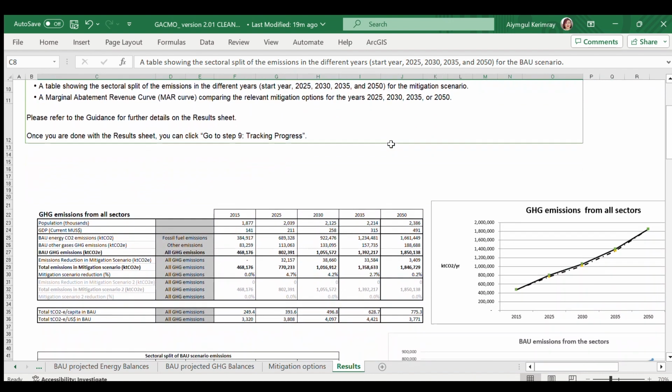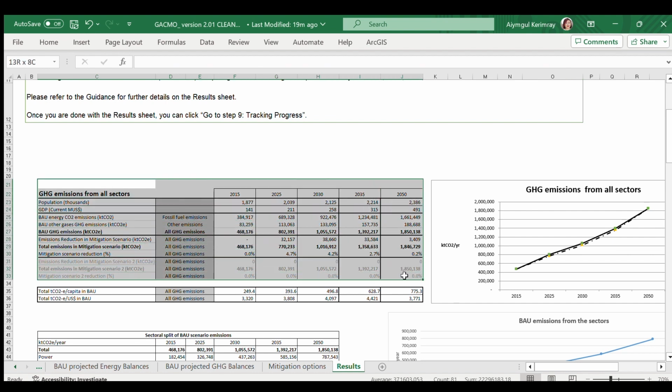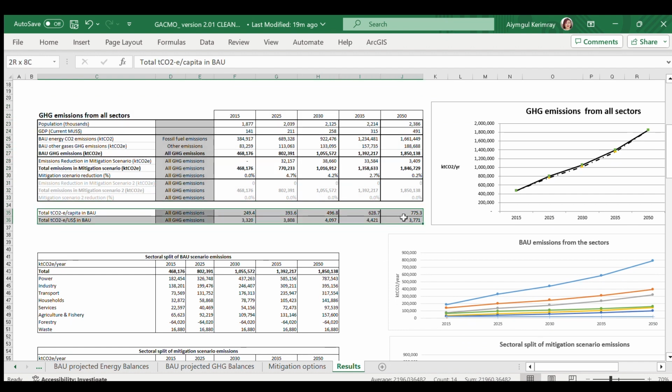The first table shows total greenhouse gas emissions projections in the BAU scenario and in the mitigation scenario, as well as the emission reduction in the mitigation scenario compared to the business as usual scenario. At the bottom of this table is a smaller table with the GHG emissions per capita and per carbon intensity of the economy for the business as usual scenario.